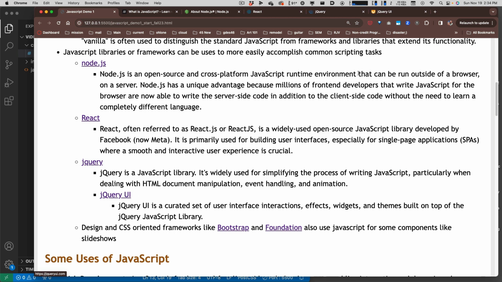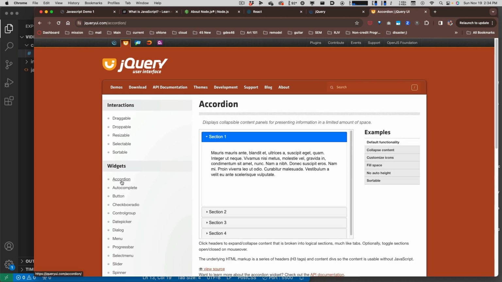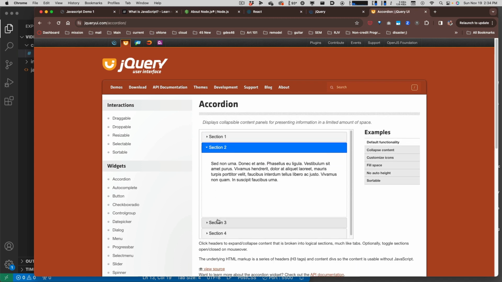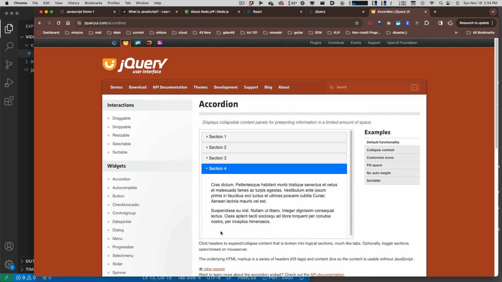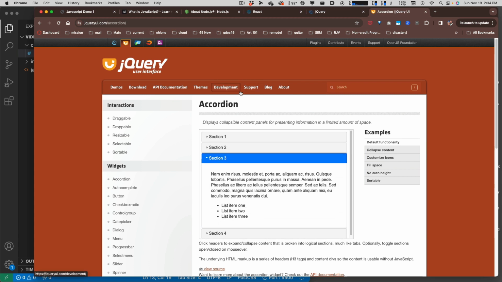There's also jQuery UI, which sits on top of jQuery, which allows you to do cool things like interface components, like React does, I think. Like here's an accordion for an example, right? So that's done using some JavaScript. You can do a lot of this stuff. People do it with CSS only nowadays, more and more all the time, but a lot of times JavaScript is